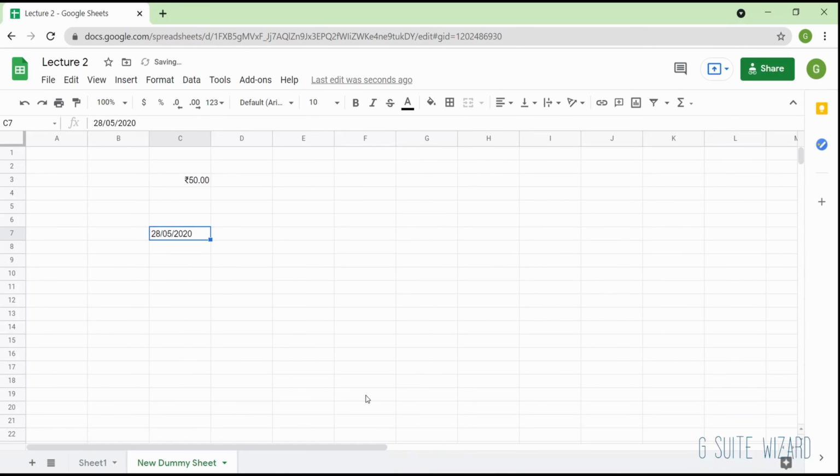If I say date and time for this, it does not do anything because it is not recognizing this as a date. If it is recognizing it as a number, it will come to the left side of the cell like this. If it is coming on the right side, then it is recognizing this as text and not as a number, right? If I just put this in month, day, and year format, you see that it is coming to the right side of the cell, which means now this is getting recognized as a number.